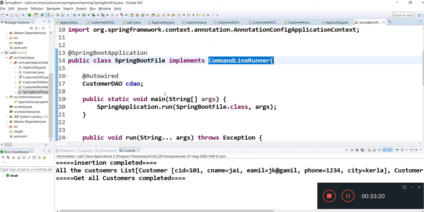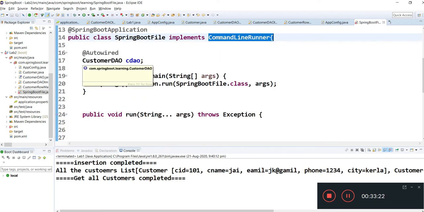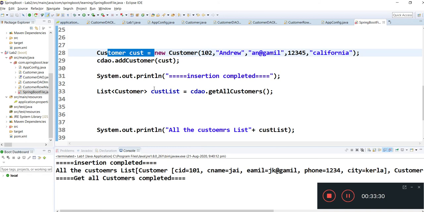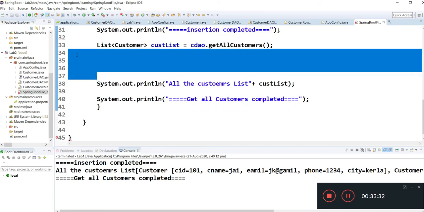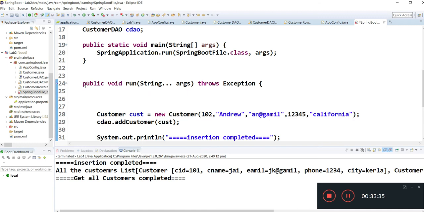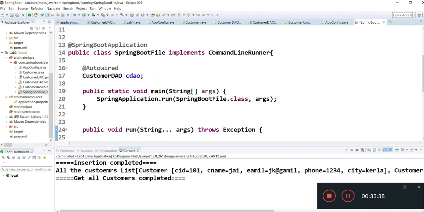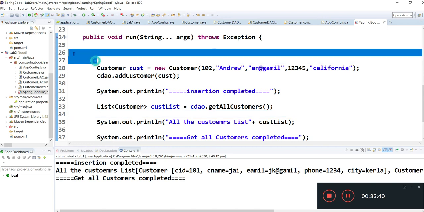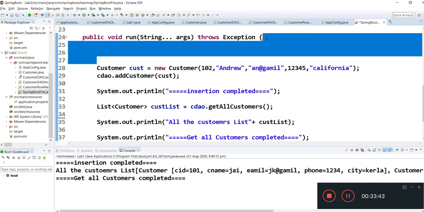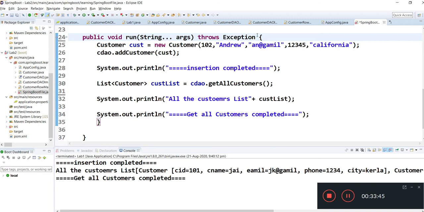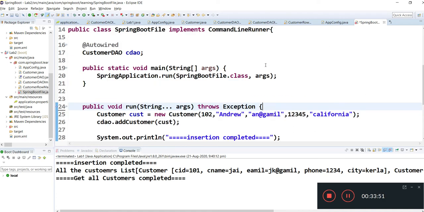You need to inject the autowired CustomerDAO here in order to insert, update and do your other operations. Once you implement CommandLineRunner, you need to override the run method, which is mainly responsible for your code execution. Whatever you write inside it will be taken care of when run is internally called.